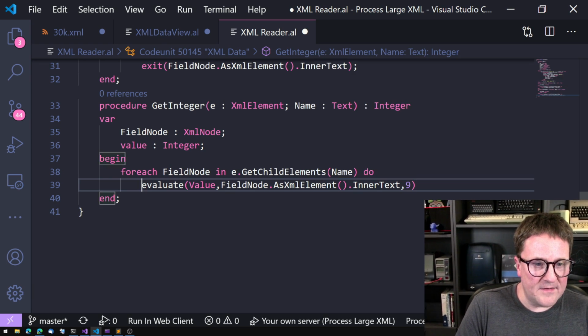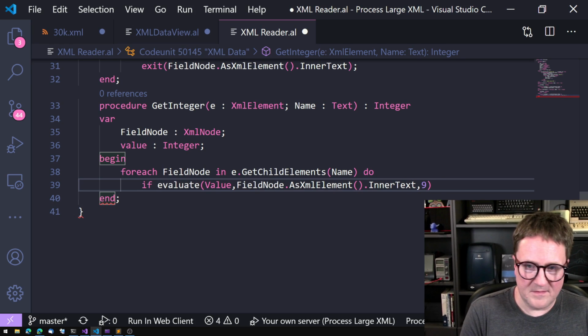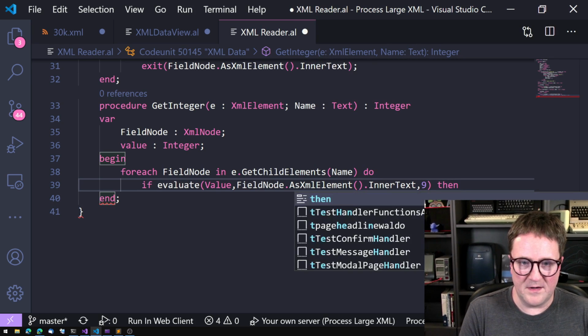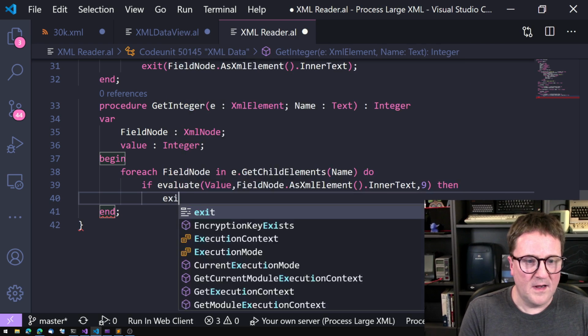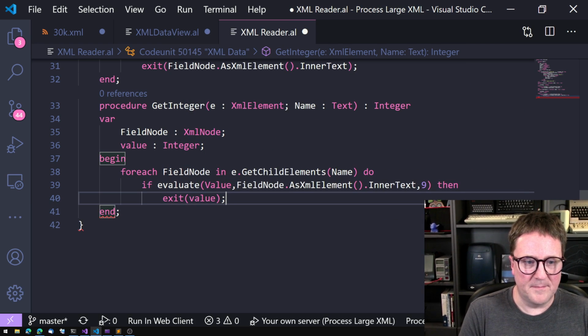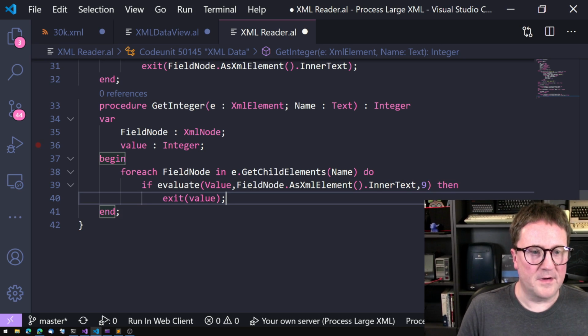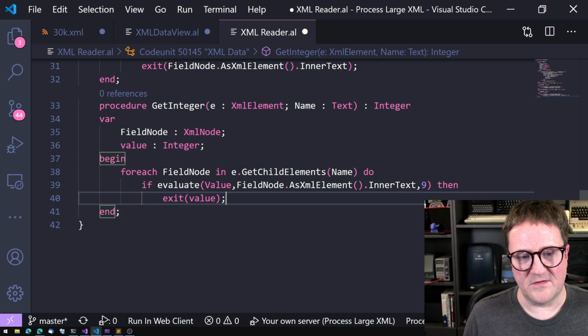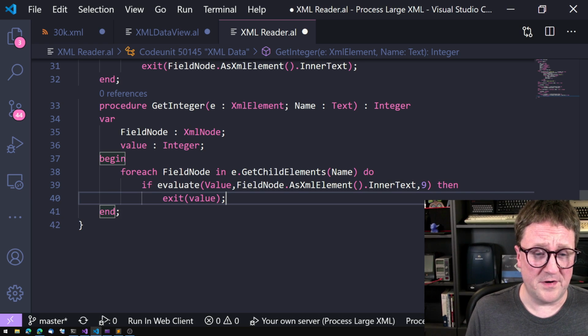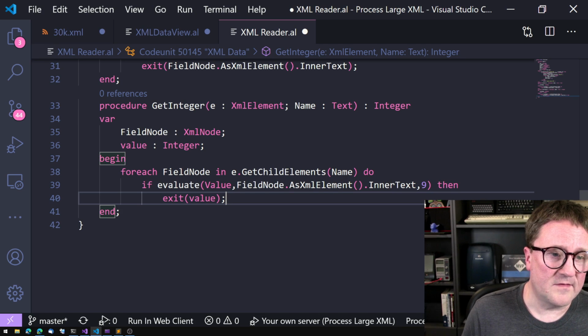And again, just to make this proper, we'll put this inside an if, and then we'll exit the value. Perfect. So in this case, since it's an int, there might be a 1000 separator, but let's make a copy